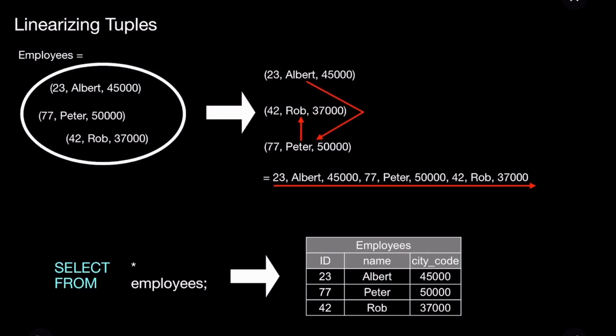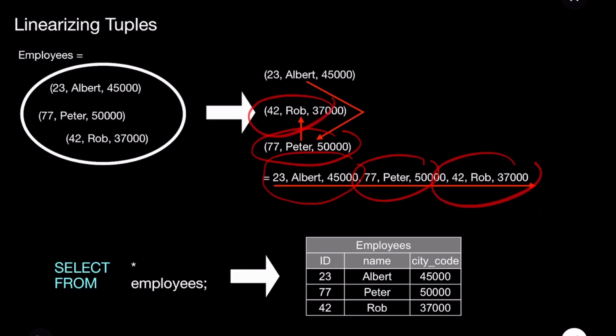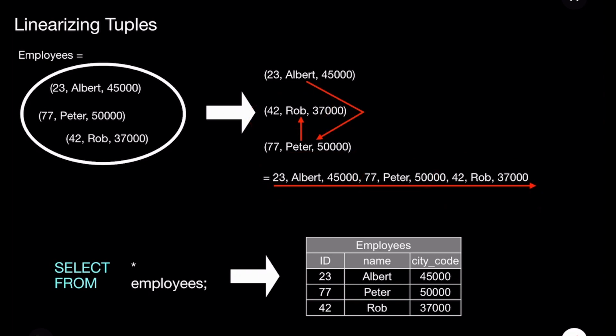Another way could be to do something like that. I could say I first write out this tuple, 23, Albert, 45,000. Then comes this tuple, and then comes that tuple. And that actually makes a difference when you do a query like select star from employees, because typically that is the order that you see in such a query. So he would first get the tuple 23, then 77, 42, whereas on the slide before, it's a slightly different order,